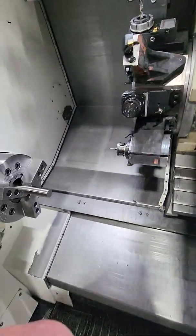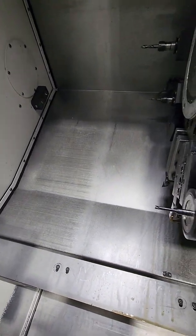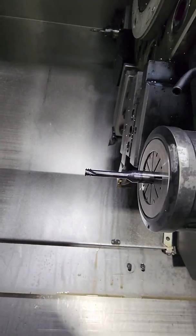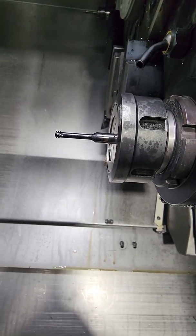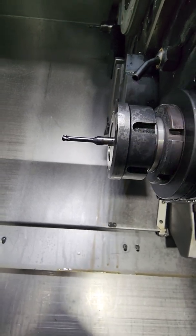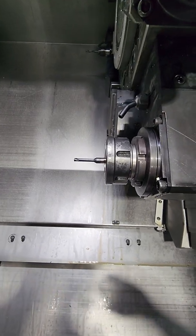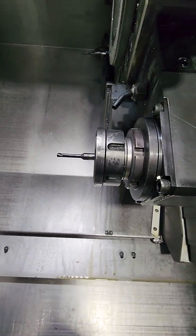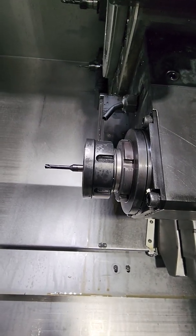Hey guys, today I'm gonna do a video about thread milling. Not sure if I did one before, but this is your thread milling tool. This is an M6 by 1 pitch, and the reason I use it...